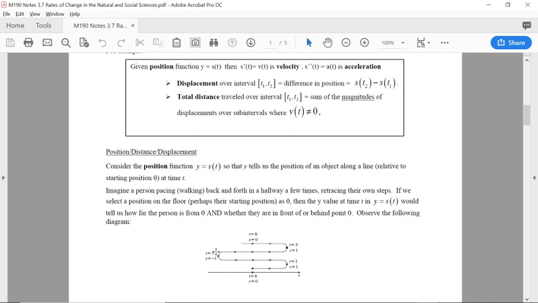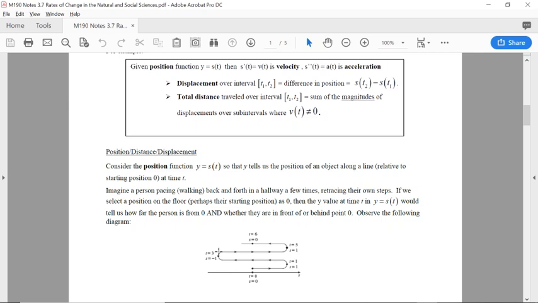Now their displacement at t equals 3 would be the difference between their final position and their starting position. That is, their displacement is -1. Right? They are, in other words, 1 unit of distance to the left of their starting point, hence the negative. But the distance they traveled, if we don't allow distance to be negative here, the total distance they would have traveled in the first 3 seconds turns out would have been a total of 3 units of